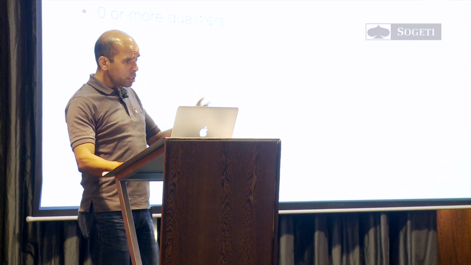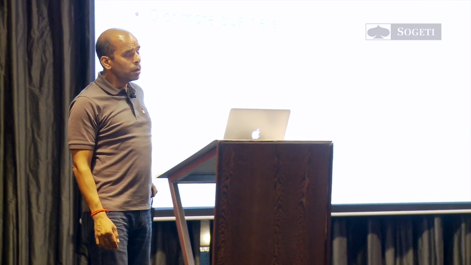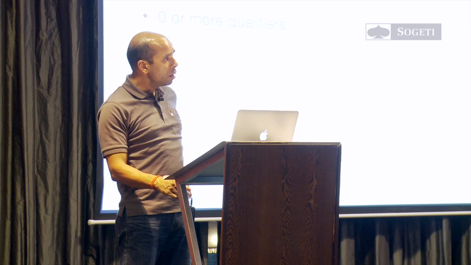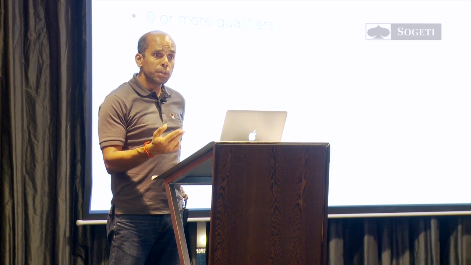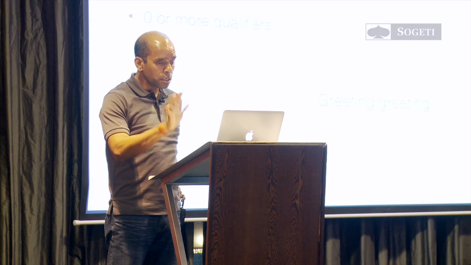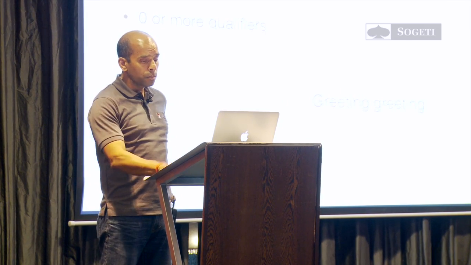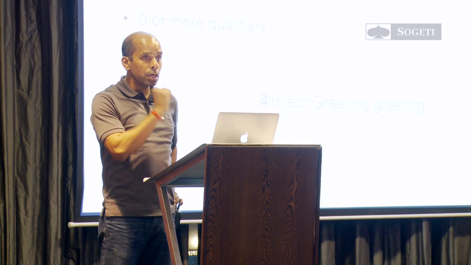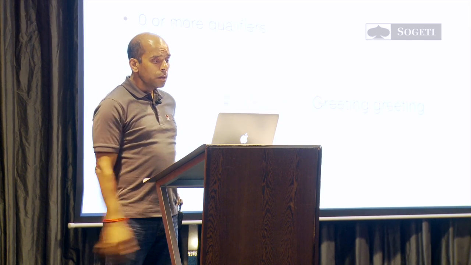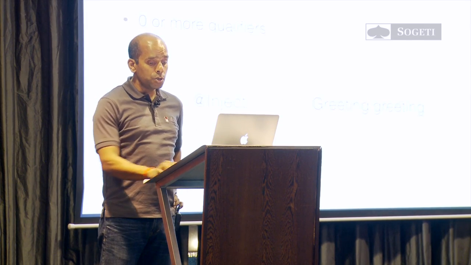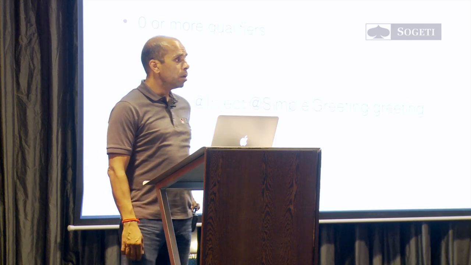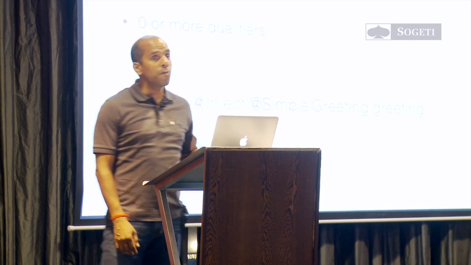So let's see this. This is how CDI really works. You can do the injection in a field, in a method, and in a constructor. And there are two things that you need to specify, type and qualifiers. So let's see this. Greeting is an interface. I just want to inject this. So I say @Inject Greeting. Now, what kind of greeting do I want to inject? So I say simple greeting. Simple is what we call a qualifier.